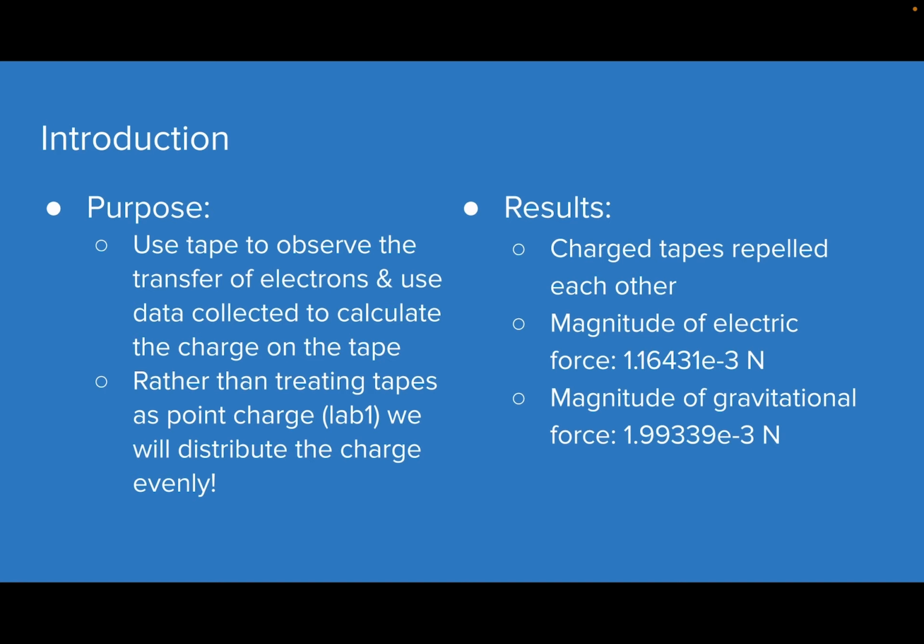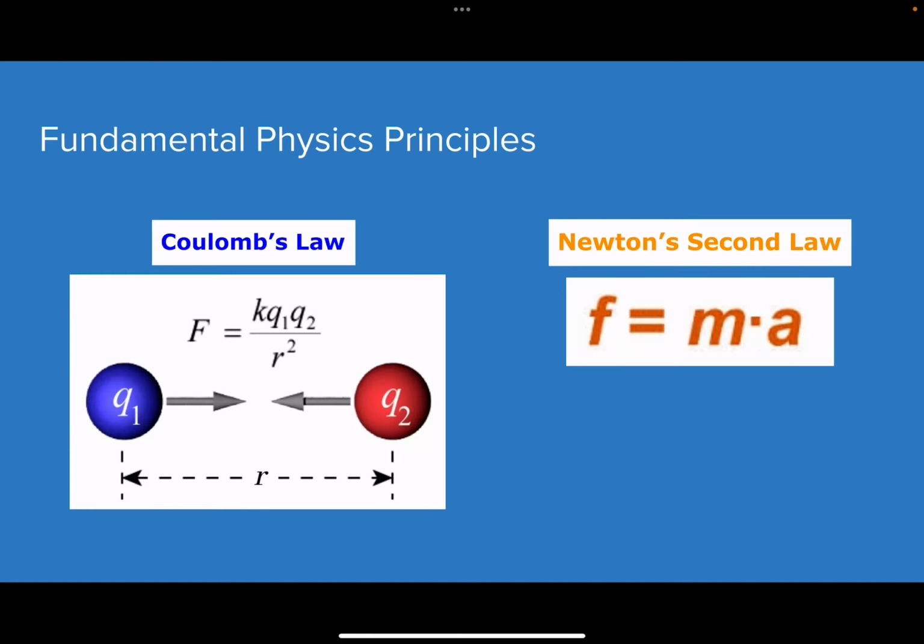1.16 e to the negative 3 newtons. The magnitude of gravitational force was 1.99 e to the negative 3 newtons. The fundamental physics principles at hand were Coulomb's law, where the electric force equals Coulomb's constant times charge 1 times charge 2, all divided by the distance between the two charges, as well as Newton's second law, where F equals